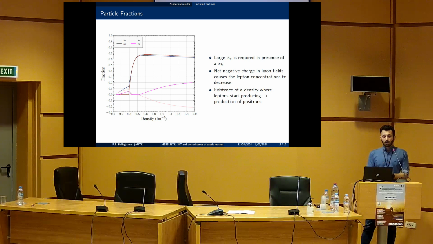Now, going to the particle fractions, we can see that prior to the condensation, all the fractions are increasing functions of the density. But with the onset of kaon condensation, the net negative charge in kaon fields causes the lepton concentration to decrease or even go extinct. And after some density, we again have the appearance of leptons,